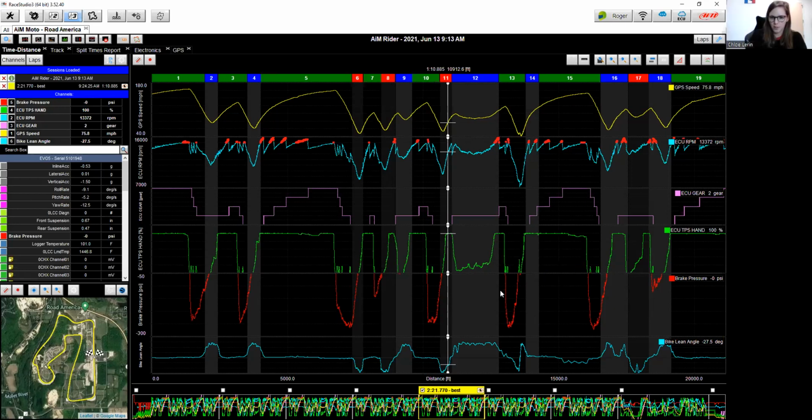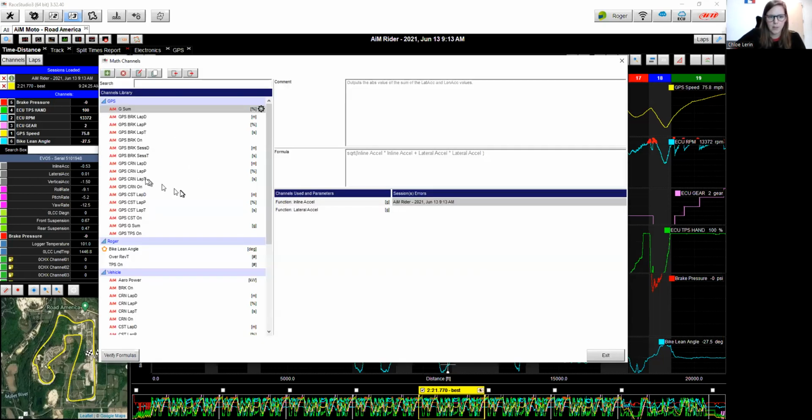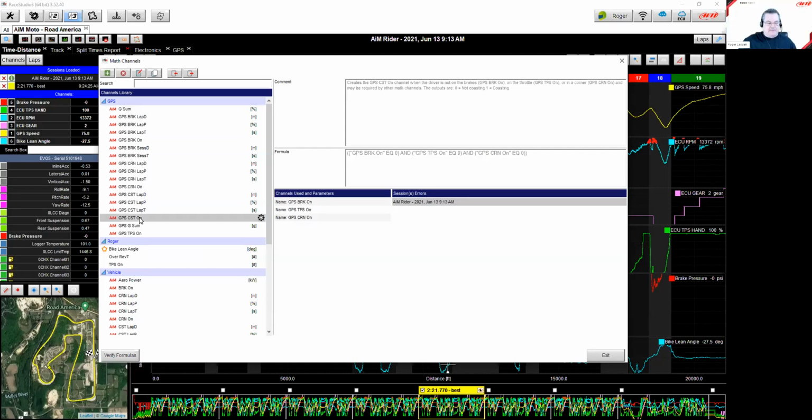So you mentioned something that was really interesting earlier. You mentioned coasting. So the fact that we have throttle and brake going in a continuous line like this shows us indications of coasting. I believe I created a math channel, but I think there is one that's already in the template. So if you go to the math channel tab, you can actually see, I've got to move that stuff. There is a coasting, GPS coasting on. So the GPS coasting on is based on